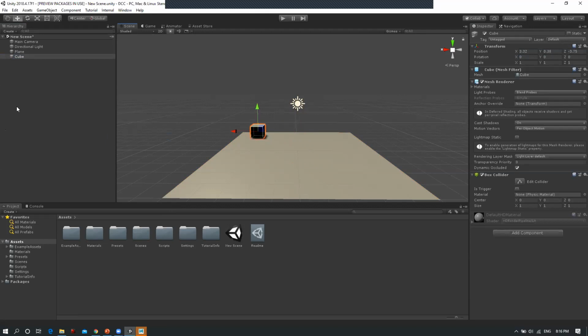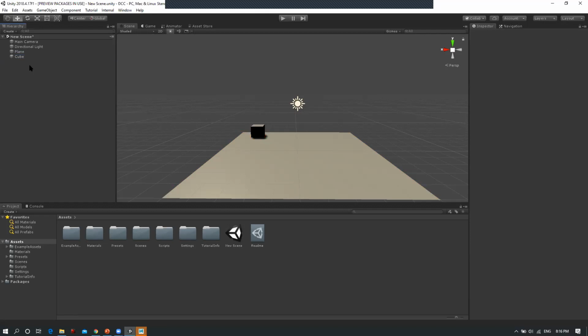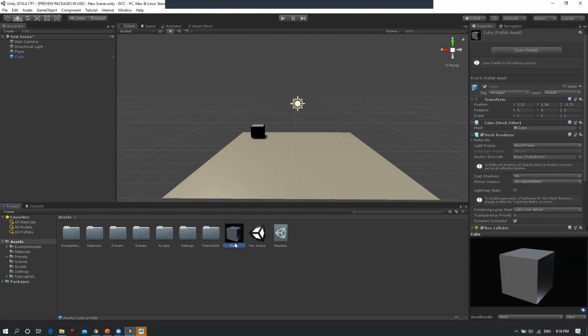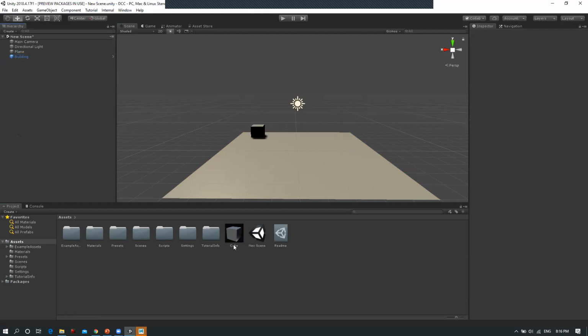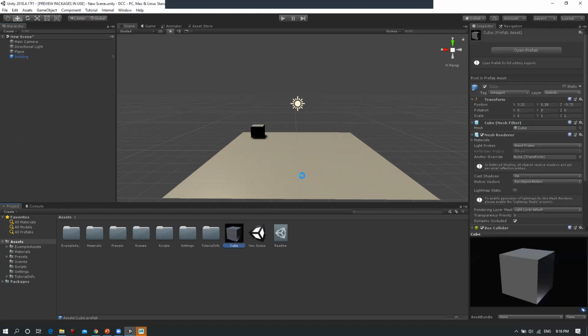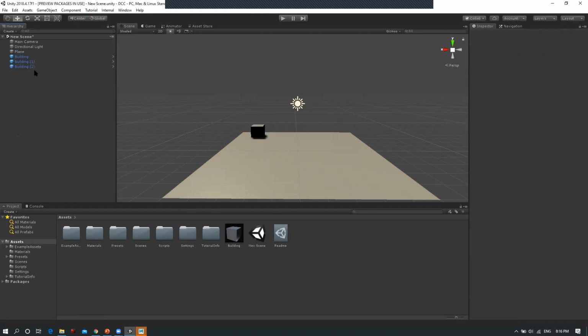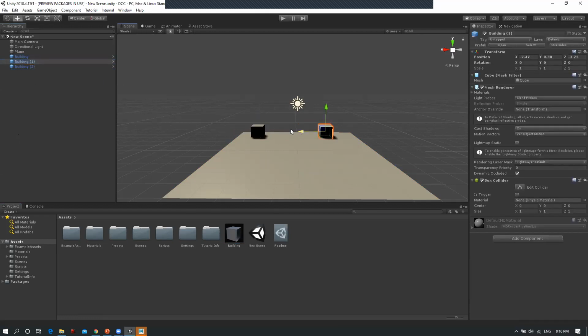Now for me, I want to use similar kinds of buildings in multiple places. One way to do that is using a prefab. So let's create a prefab of this cube, and let's name this cube building, and let's delete this one, and again create a prefab. Now building is there. If I duplicate it, there will be multiple instances of this cube, and I'm just going to keep this over here and over here.